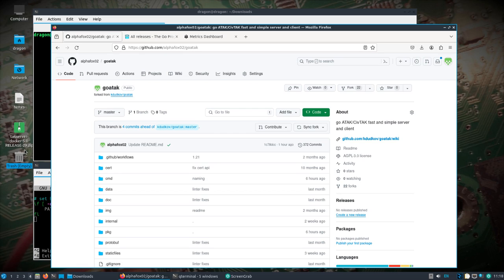Anyways, this is something else that I came across, and it is an ATAK CivTAK, like it says, fast and simple server and client. It does have a server aspect to it, but I was more interested in the client side of it. And let's see if we can get this connected to the TAK server that I set up in the last video. Additionally, I'm not going to really be able to show it because I don't want to be blurring out a bunch of stuff,